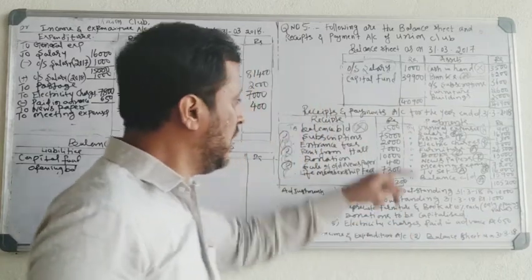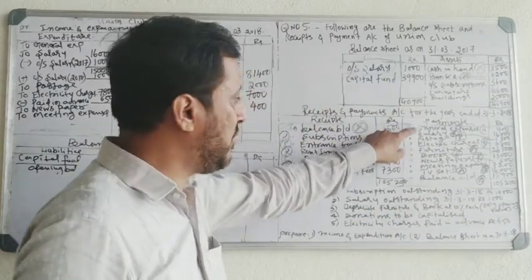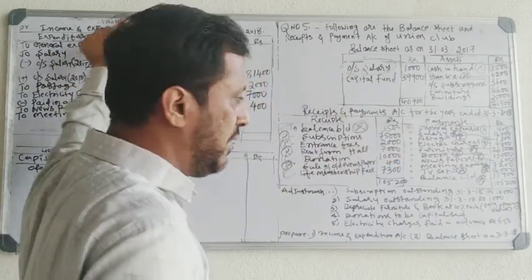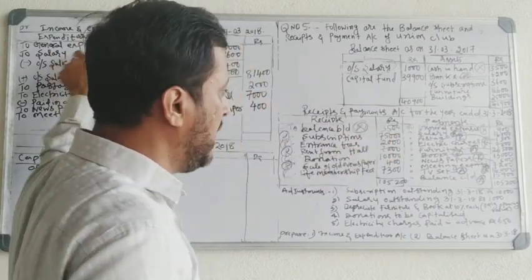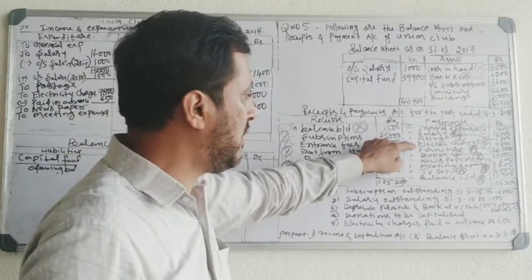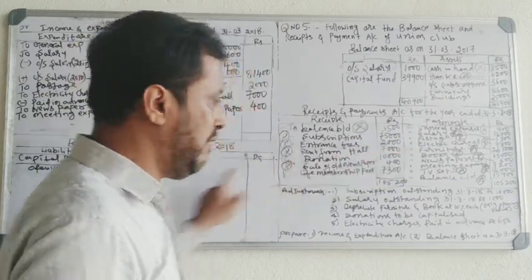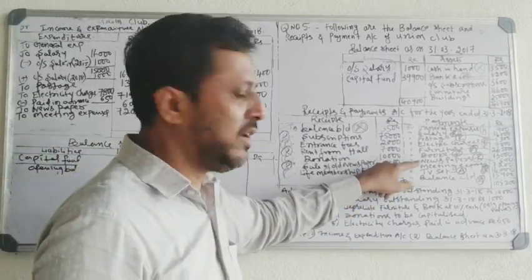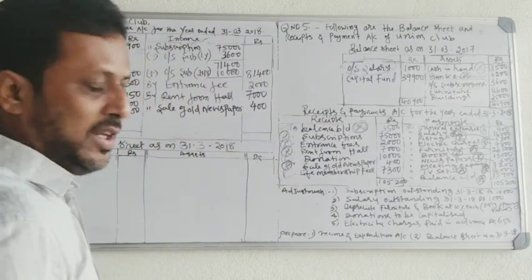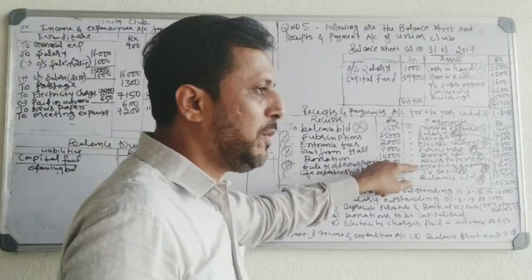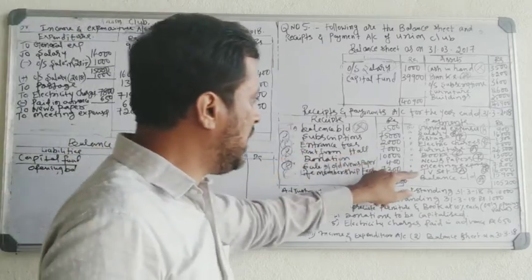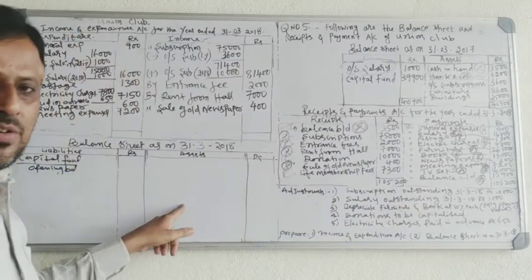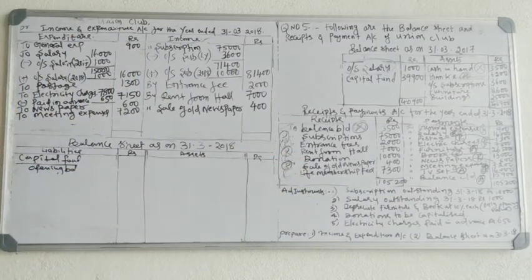See, totally we have general expenses, revenue. Salary revenue we have taken here, postage revenue we have taken here, electricity charges revenue we have taken here, furniture asset we have to take in the balance sheet, books asset we have to take in the balance sheet, newspaper revenue we have taken in the income and expenditure account, meeting expenses revenue income and expenditure account, TV set asset take in the balance sheet, balance carried down asset take in the balance sheet. Okay, so we have taken all the payments from the payment side.